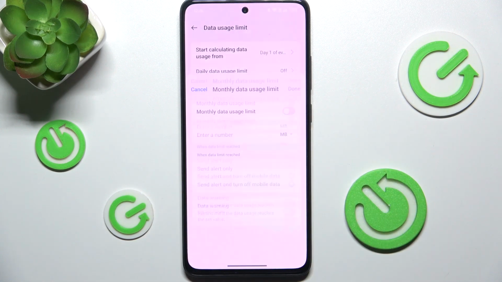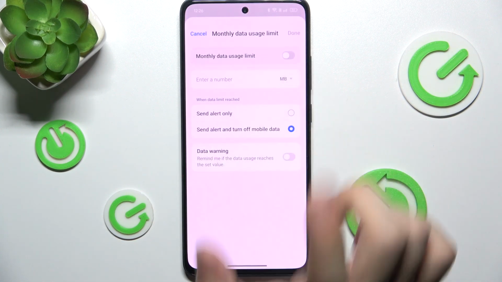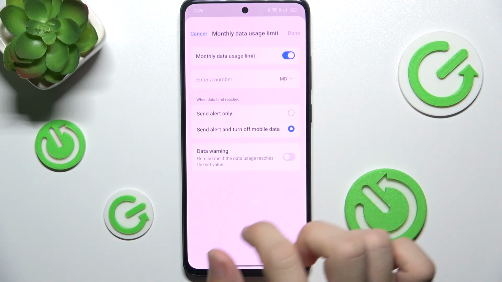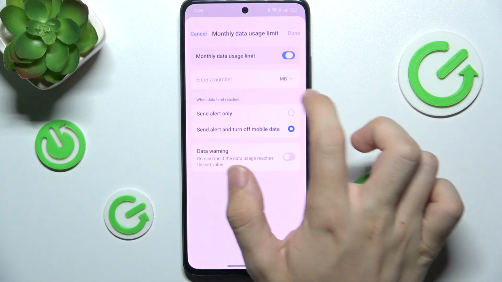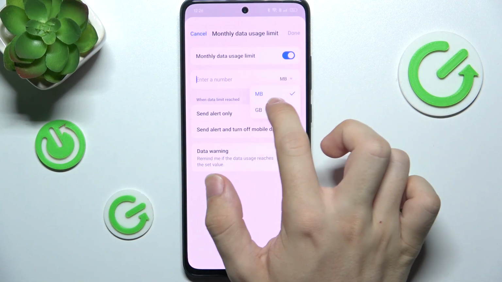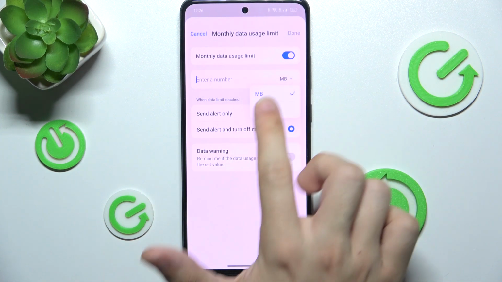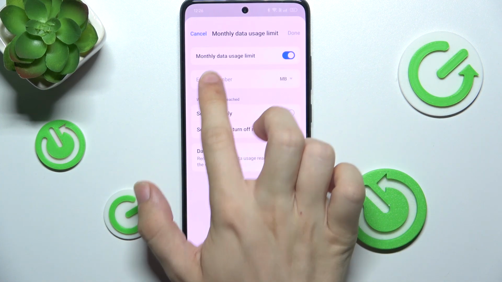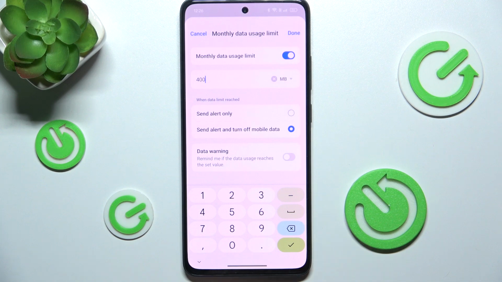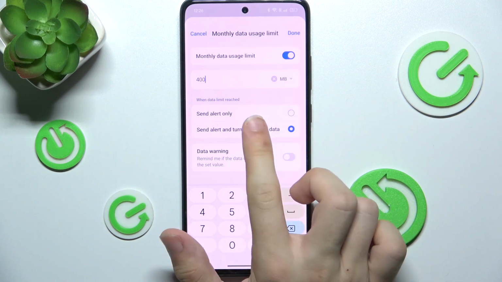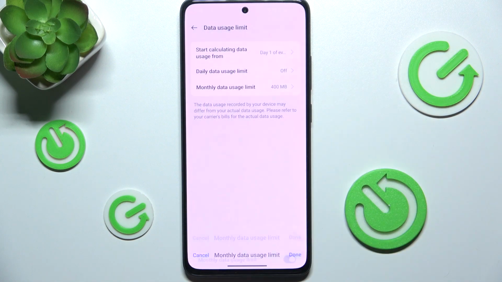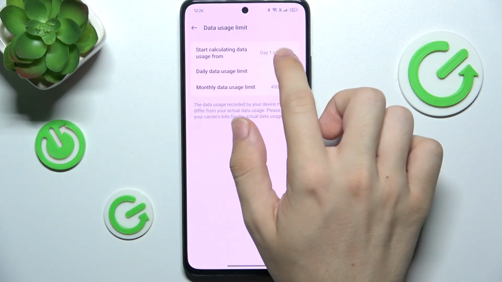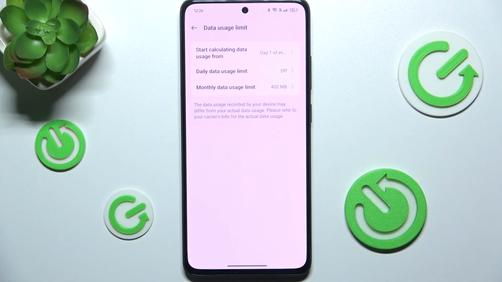I'm gonna choose a monthly, enable it. Now you can select a unit, let's enable and select a unit, megabytes or gigabytes. I'm choosing megabytes and entering 400. You can adjust other settings, then press on done, and you can also choose on which day of the month